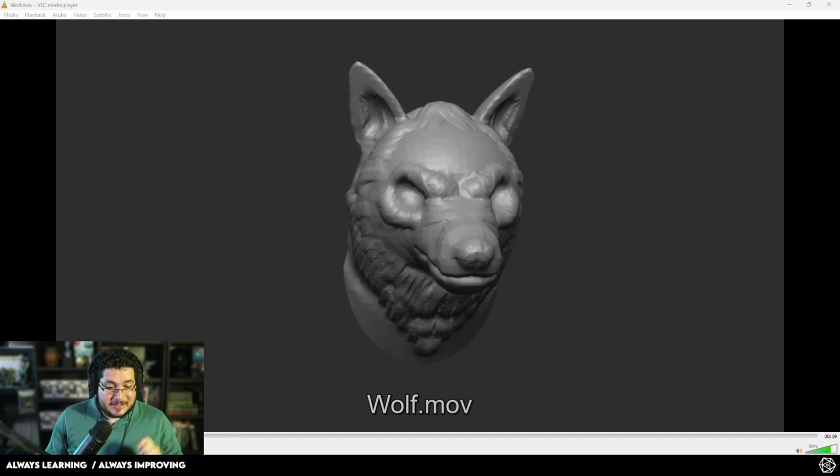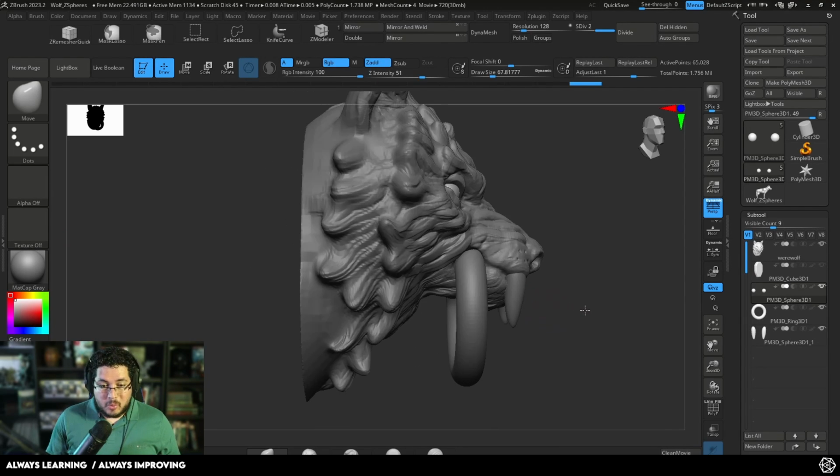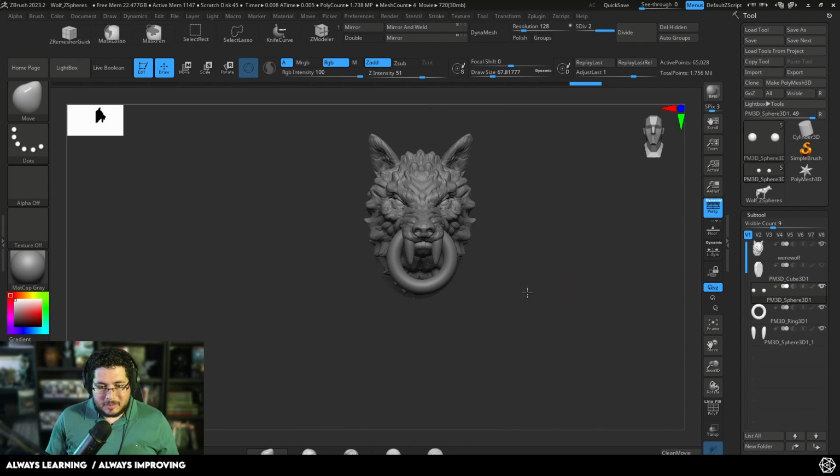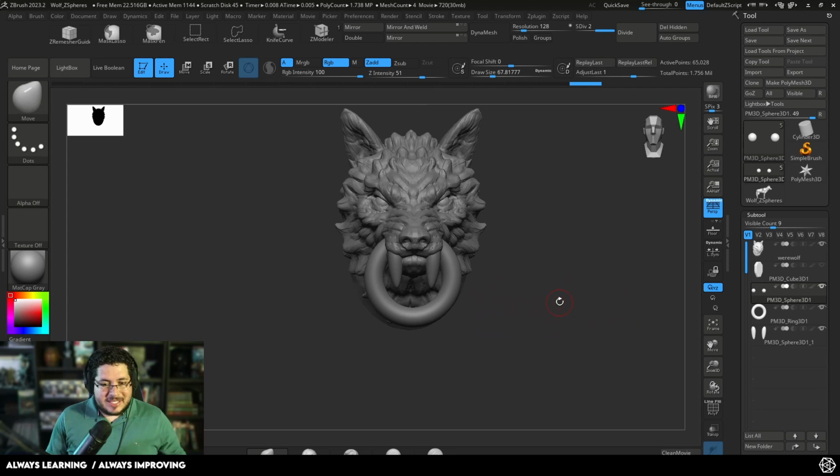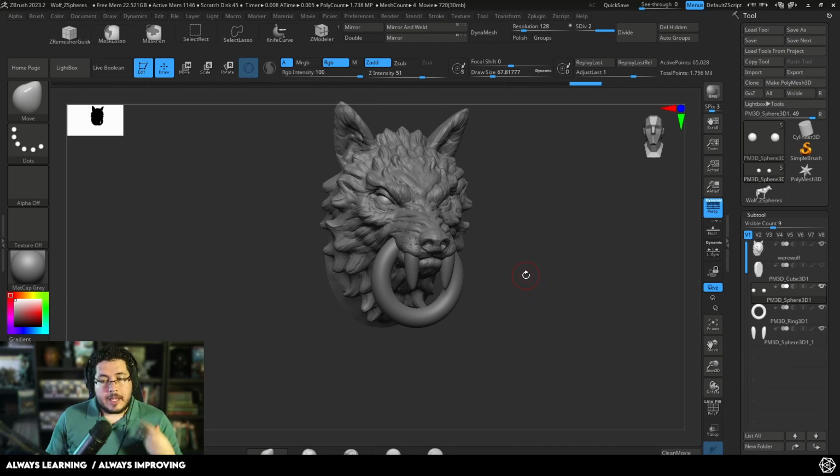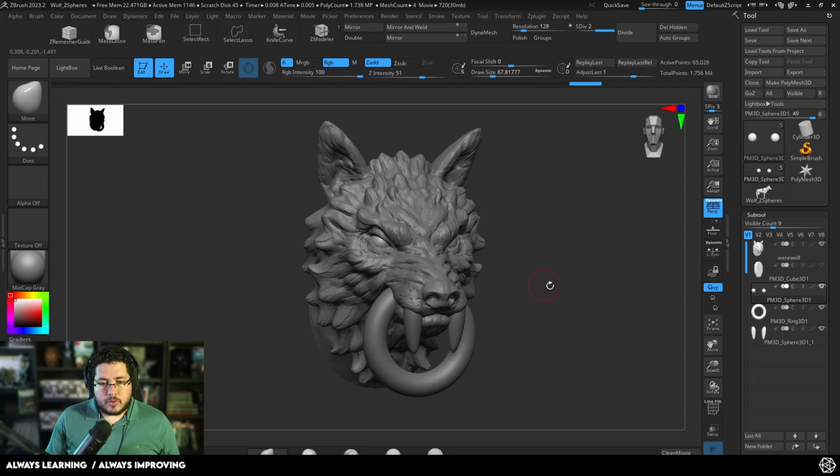So I'm doing a very cool sort of werewolf door knocker. I'm not even sure what the name is in English, but it's these things that you find on antique doors, and I want to texture it. I want to be able to add copper or gold, the rust, just make it look very, very nice. But the big question is, how are we going to be doing that if we have a super dense